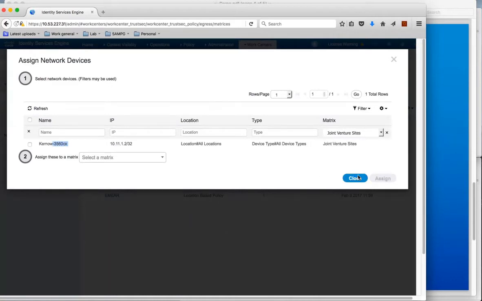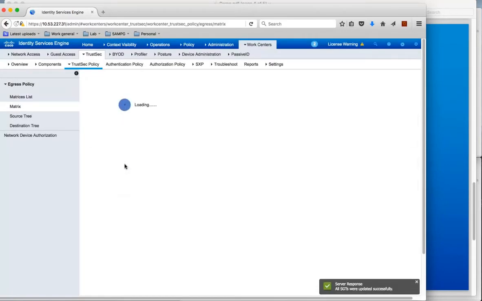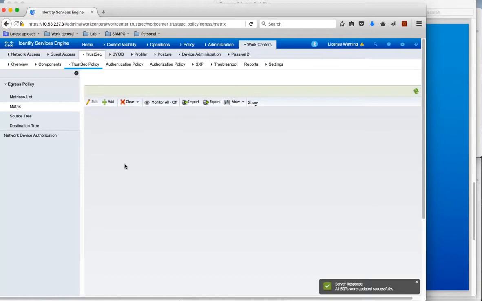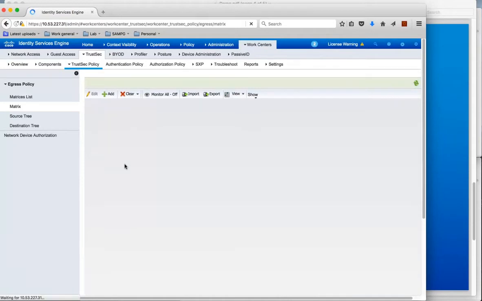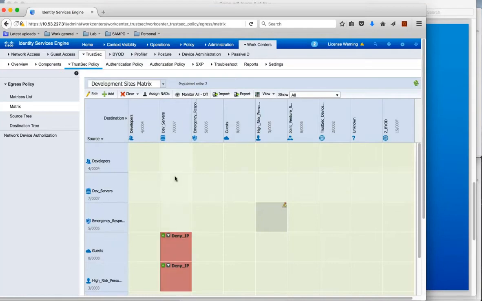Now to look at the matrices themselves, let's have a look at the development sites matrix to see how that's built up. And you read this matrix as you do normally. I mean, down the left hand side you have source group, and across the top you have destination group, and the intersection is the SGACL. So from guests to dev servers, and from high risk personnel to dev servers, I have deny IP. Or if you read it in terms of security group tags, from 8 to 7 and from 3 to 7